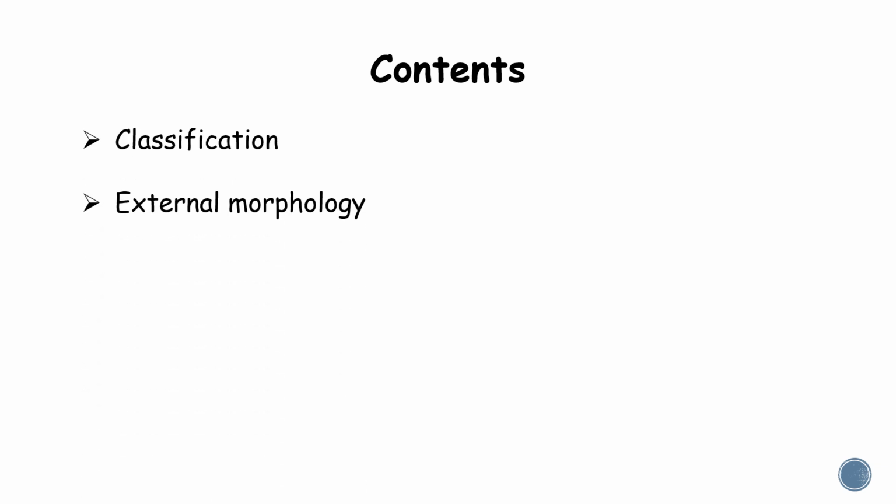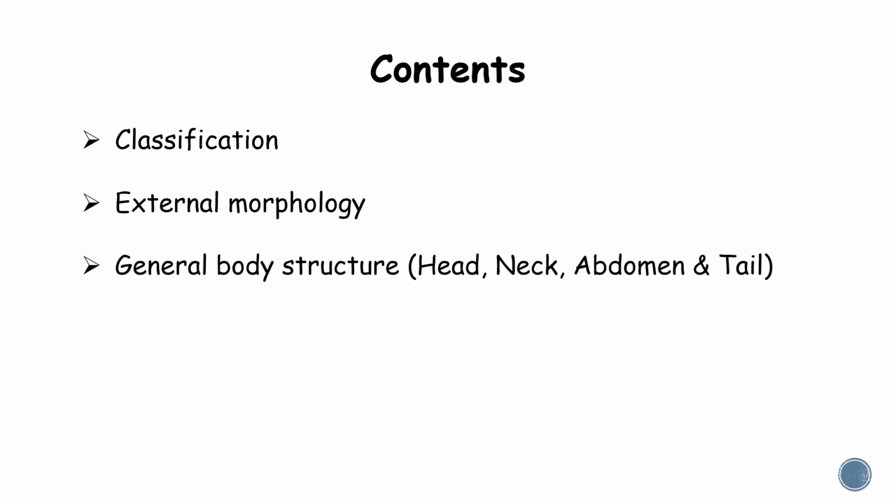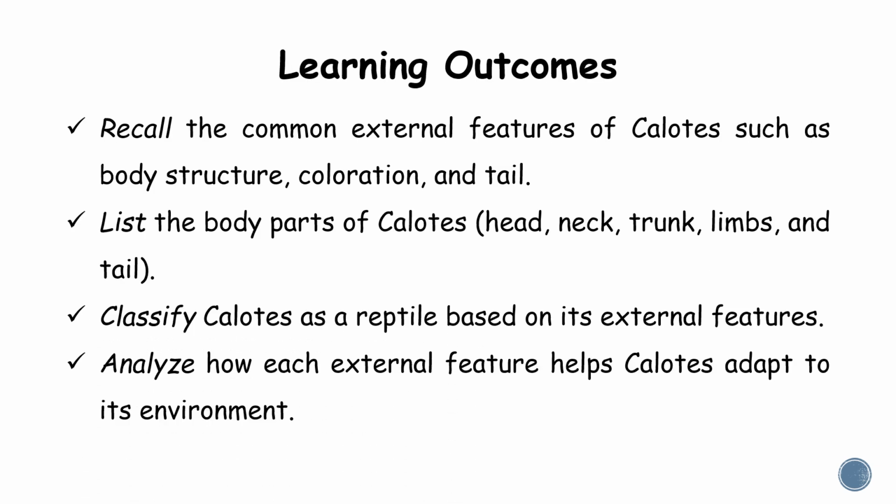The contents of the topic include the classification of Calotes, its external morphology, and the general body structure. In detail, we are going to talk about the structure of the head, neck, abdomen and tail part, coloration and color change. The learning outcomes of the topic external features of Calotes are that the learners can